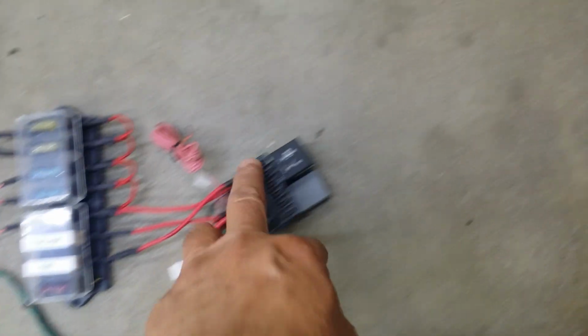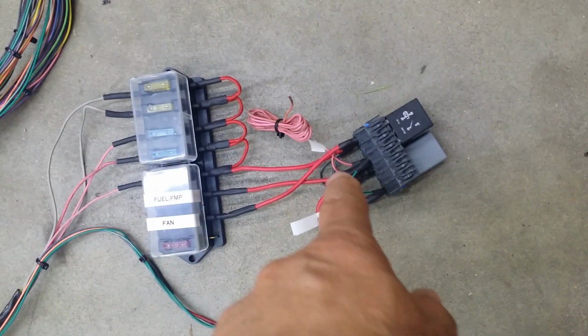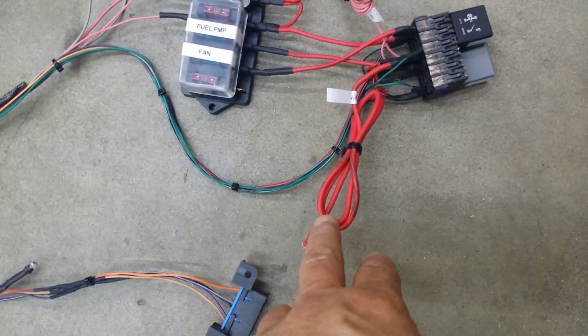And then you have the relay bank, which has the main fuel and fan relays on there. Coming off there, we have a small pink wire for switch ignition, which powers up the computer and everything. Big 10 gauge wire going over to the battery. Coming off of that, coming back this way, we've got an OBD2 port and a blue LED check